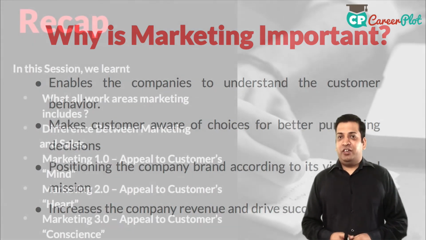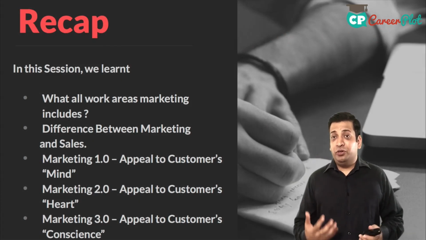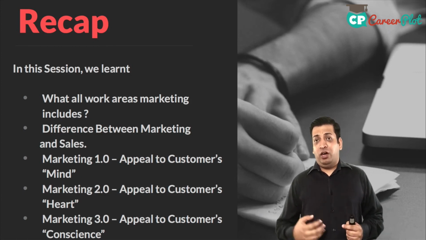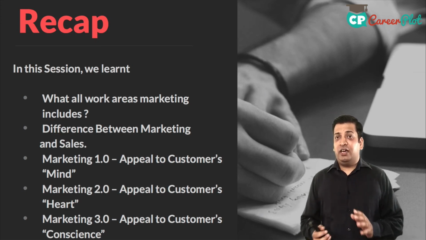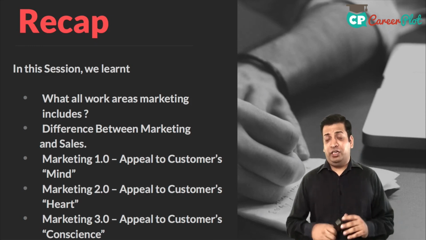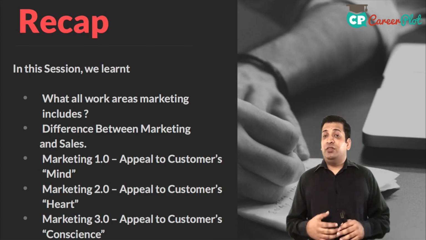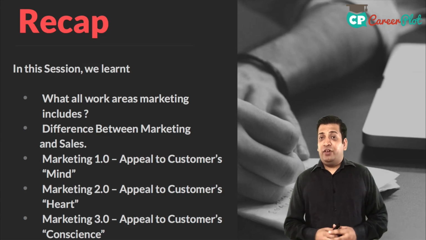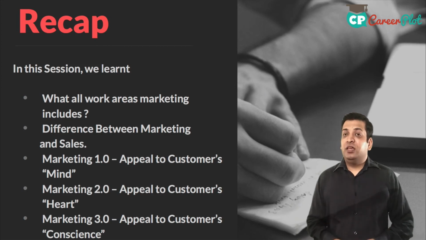So now in this session of fundamentals of marketing, we learned what marketing includes, what are the different types of jobs we are going to do in a marketing career. Then we are going to think about how to analyze the data and everything around that. Then we obviously talked about marketing and sales and how a deal's life cycle works. We talked about marketing 1.0, the game of mind, marketing 2.0, the game of heart, and marketing 3.0, the game of conscience. Once we are done with that, we also talked about why marketing is so important. I hope with this, the fundamentals of marketing are covered, and now we are going to drill down deep into how marketing works. Thank you very much.